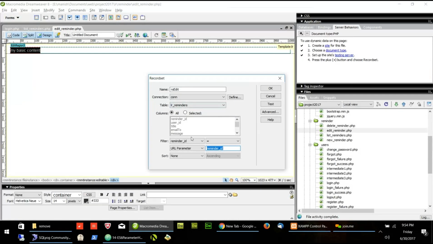So whichever record I have to pass, I will pass in the URL with the reminder ID as a key. I will say reminder ID equal to 1 or reminder ID equal to 2 or reminder ID equal to 3, and then that record will be selected, and that record we have to show in the form, and then the user will fill the form and we will update the record.